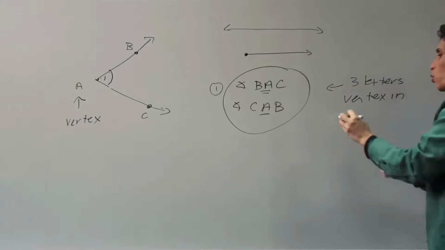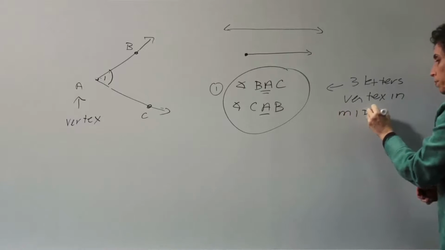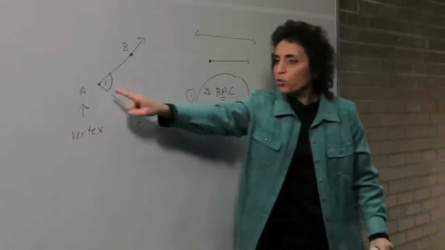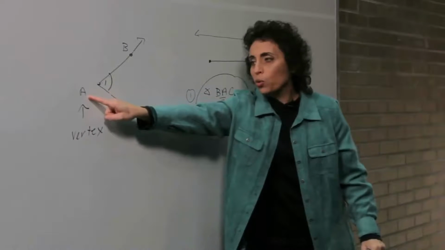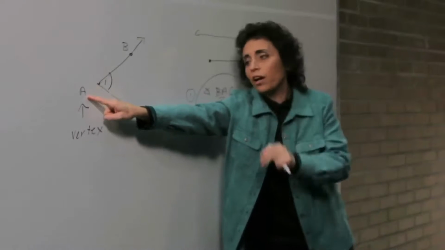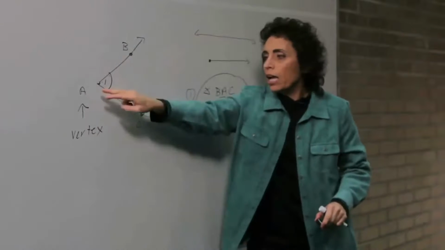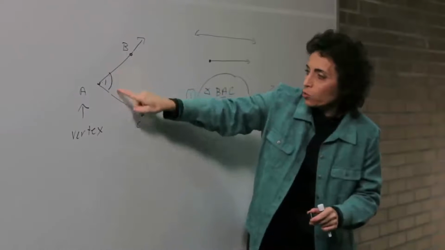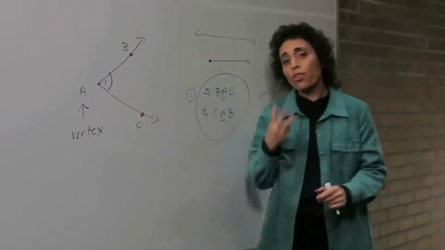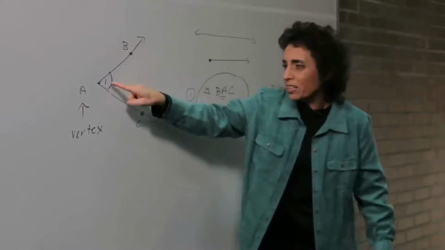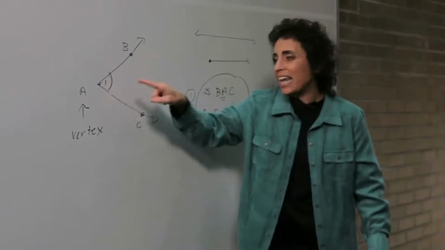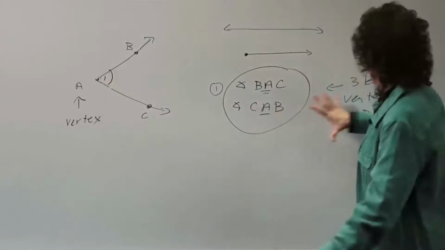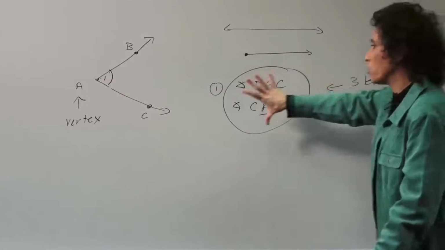I'm not going to write the other ways out because they're in your workbook, but I want to talk about them. Another way is to just use the vertex itself. But the only time we can use just the vertex itself is when there's only one angle there. If I tell you angle A, you know exactly what I mean. I mean that angle right there. So that's a second way. A third way is sometimes we put a little letter or a little number inside the angle itself. So I'm calling this angle 1. So those are the 3 ways. One way is the 3 letters with the vertex in the middle.